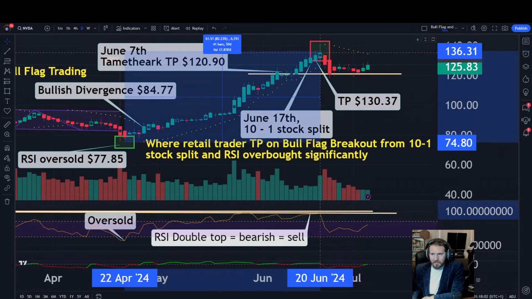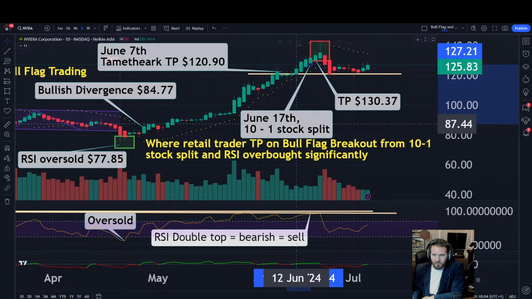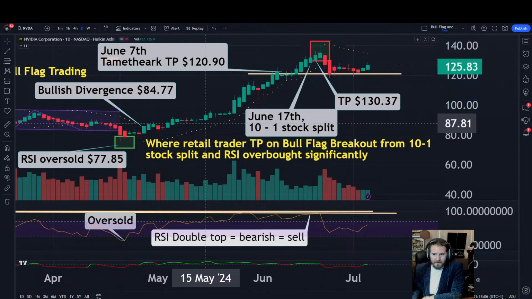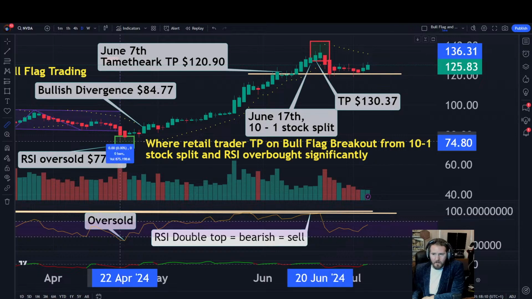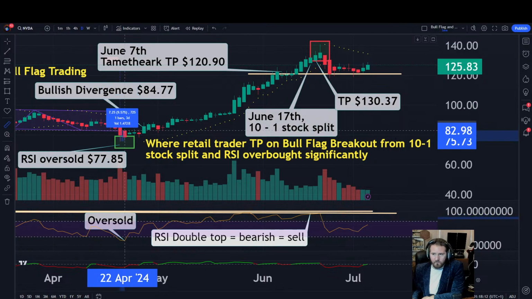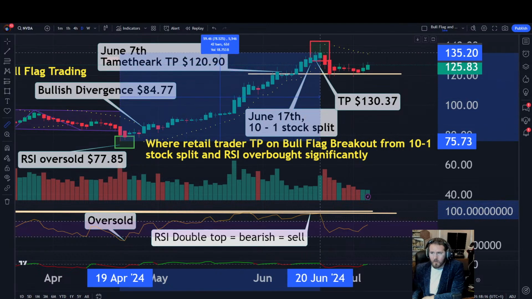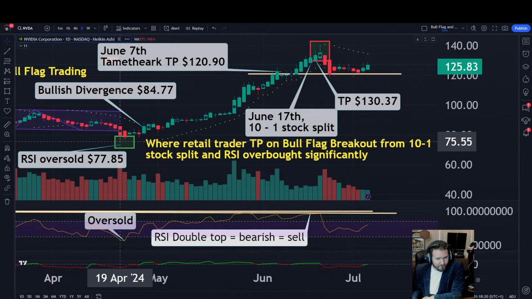Nvidia, expecting the bull flag to break out because of the 10-to-1 stock split catalyst. It allowed the traders to enter on that dip after the bull flag was done forming. Even if it potentially fell, you're still expecting it can go up. And then we did go up. It's just the delay. The only reason this candle failed right here was that some insiders were taking profits pre-split,